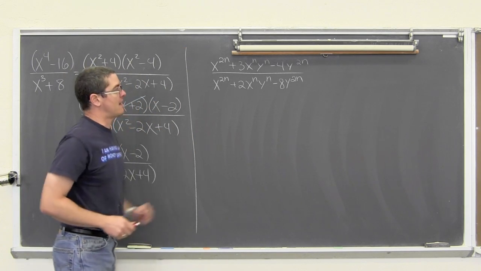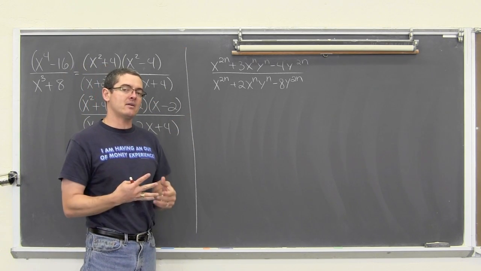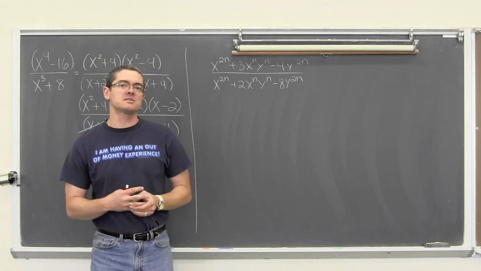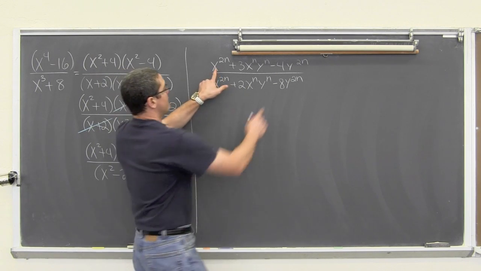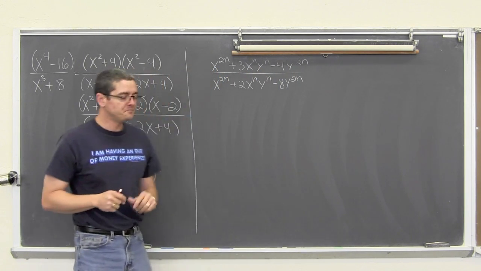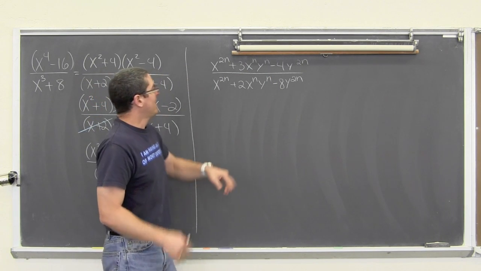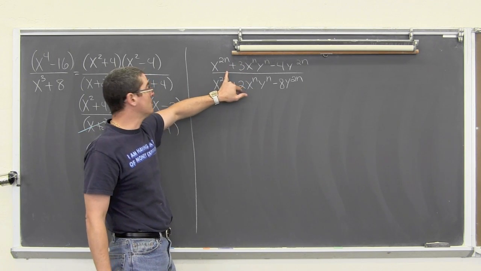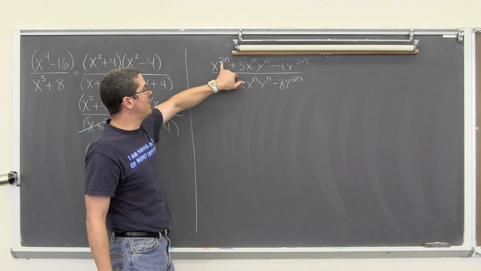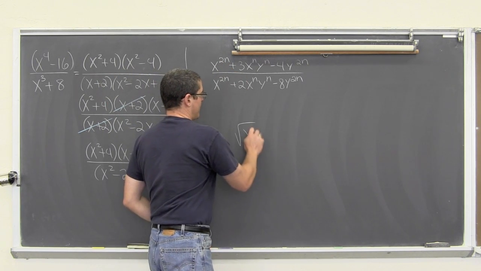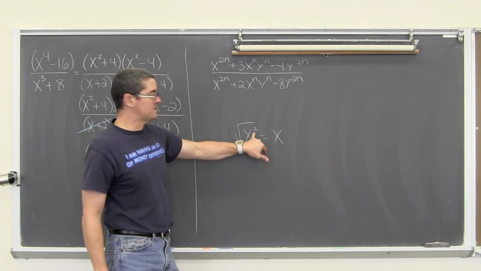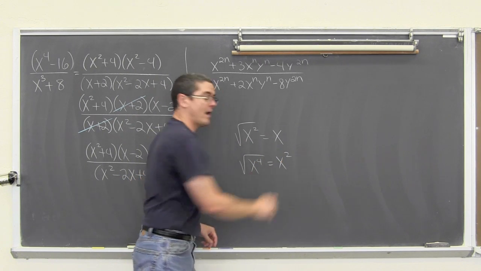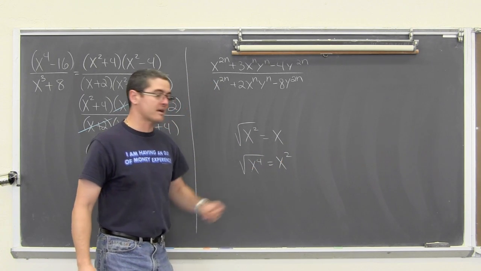This problem really looks a lot more complicated than it really is. It's following the same pattern I've done for all of these problems, except I have a variable in my last term instead of just a constant. That's not really an issue because we have that variable showing up in the numerator, in the middle term. Remember that when you square root your variables when you factor them, the square rooting takes the power and divides it by 2. The square root of x squared is just x. The square root of x to the 4th is going to be x squared, because x squared times x squared is x to the 4th.